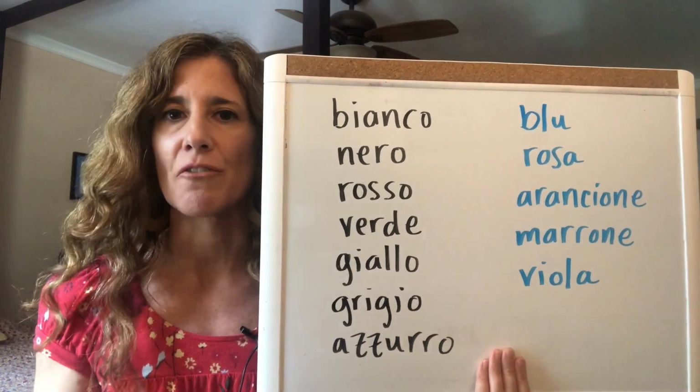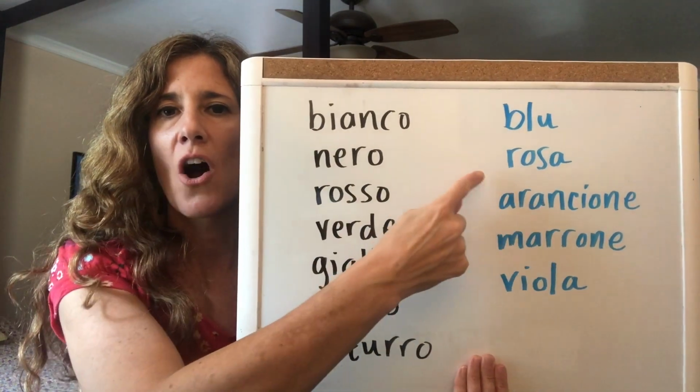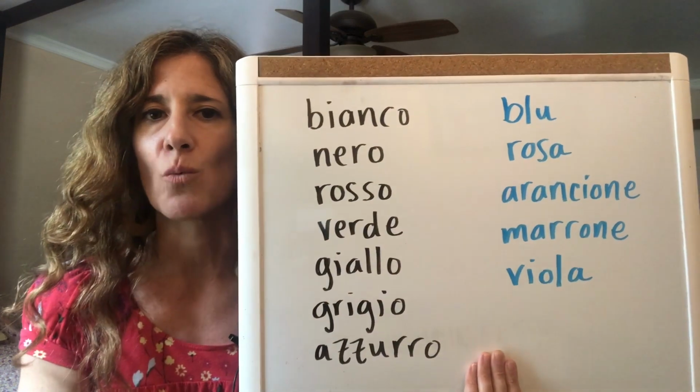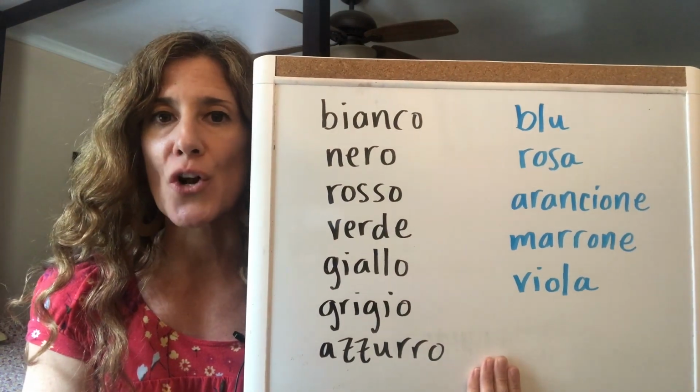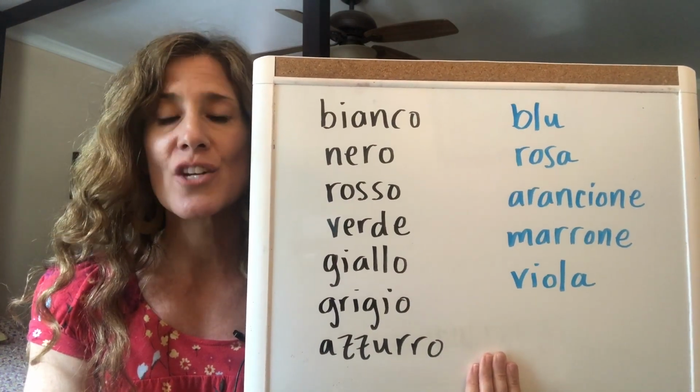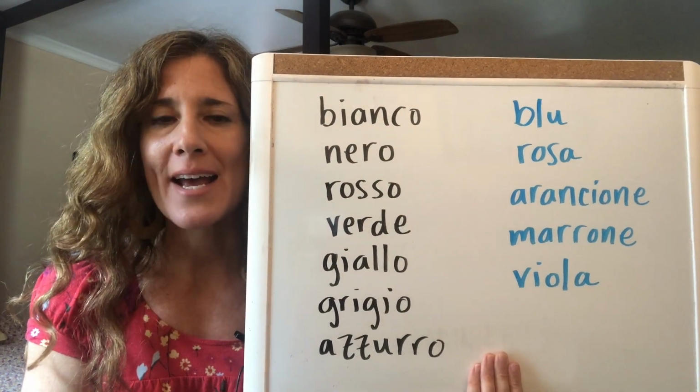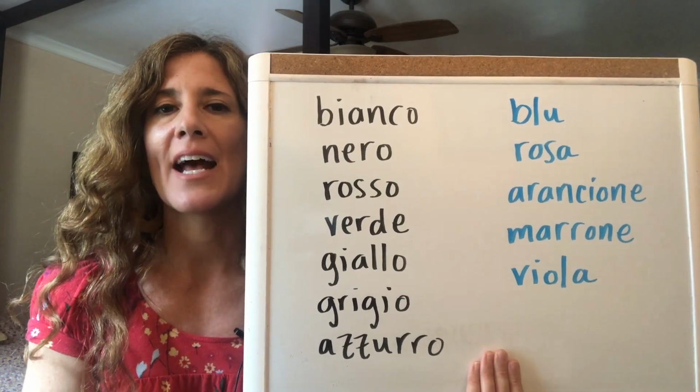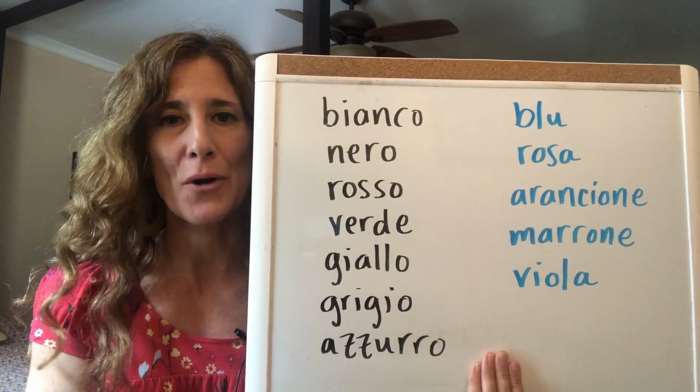The S's sound different. Soft sound, hard Z sound, because there's only one S. Arancione is orange. Marrone, brown. And viola, purple. Okay? Benissimo. And I'm going to end the video here like I usually do with a little quiz for you, okay? Just a short quiz so you can make sure that you've digested and integrated all of this material.